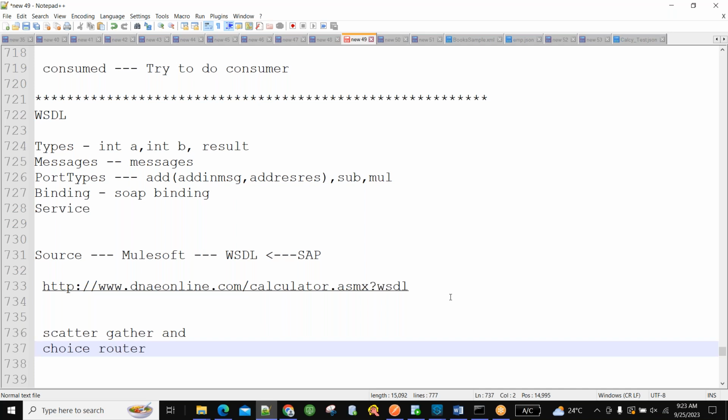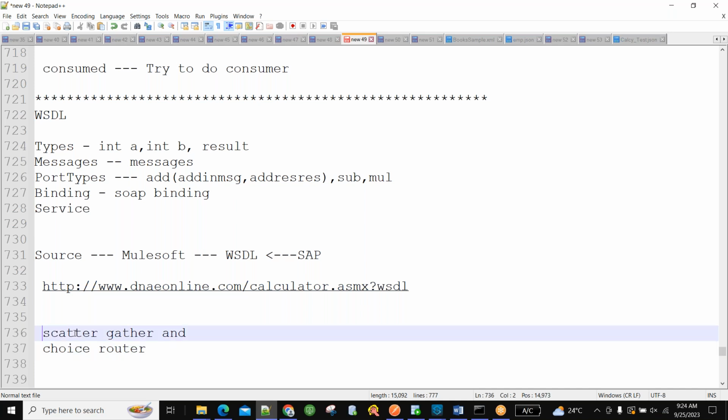But think broadly, I need addition response, I need subtraction response at a time. At a time I want both the responses. Then we will be using scatter gather for getting, we have multiple four operations, and I need the output of all four operations at once. See, in my requirement here it is calculation, it will be strange for you,